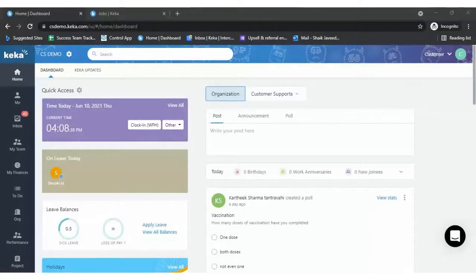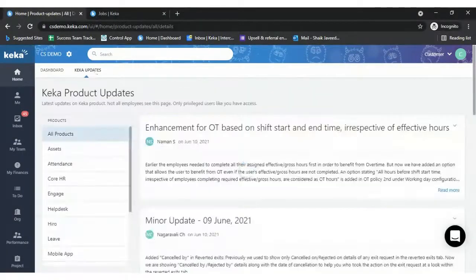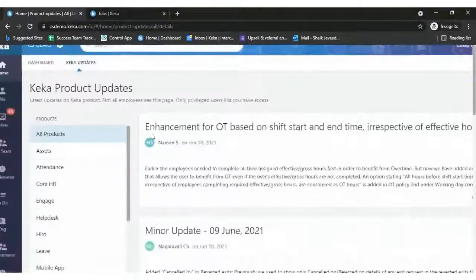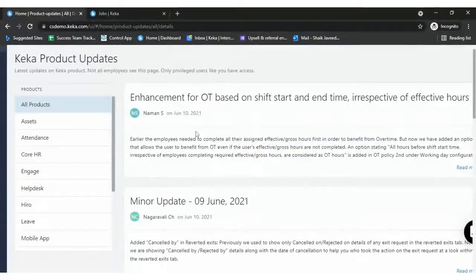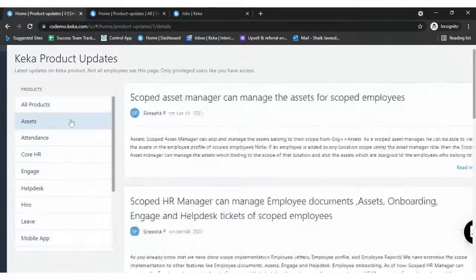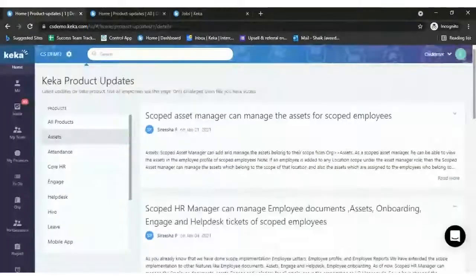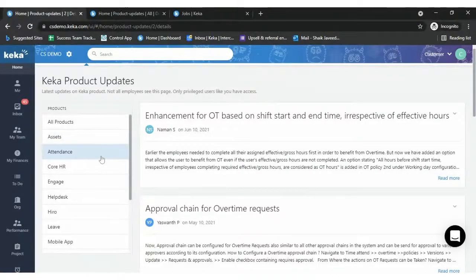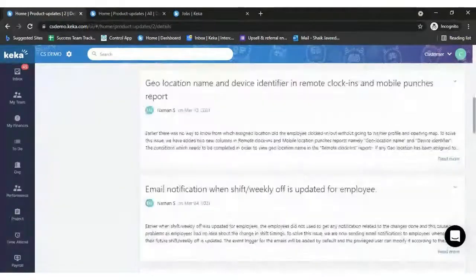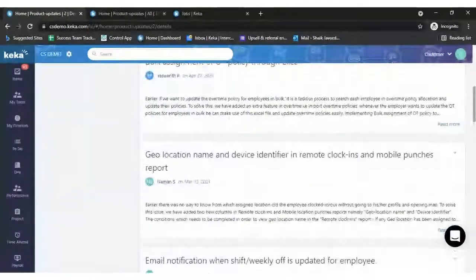Perfect. Yep. So we'll go through it module wise, looking at the recent updates we got in place. I'll show you the update over here and we can go into detail with each update as well. So we'll look at the asset module first. In recent times, we don't have any update on the asset module. For this time, we don't have any update in the months of April and May. Coming to attendance, we'll go into detail on the recent updates we got in place in the month of April.